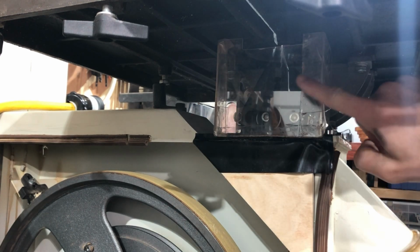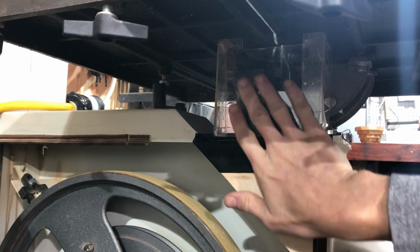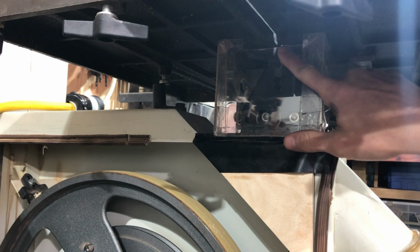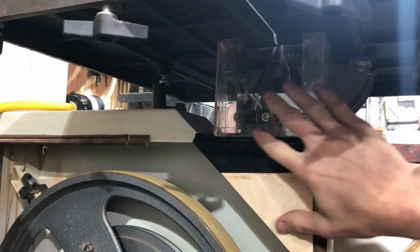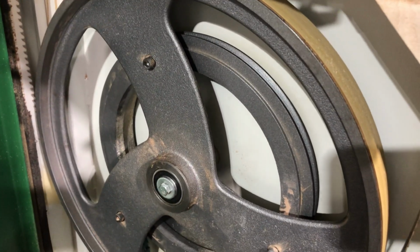And encloses this lower housing. So all my suction is concentrated here and is directed right up to the zero clearance insert underneath the blade. So I get really good suction underneath here. So looking at the lower wheel, it looks very similar to the top wheel, other than you have your track for